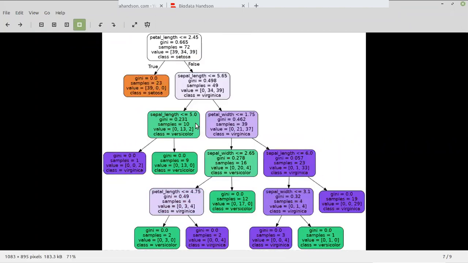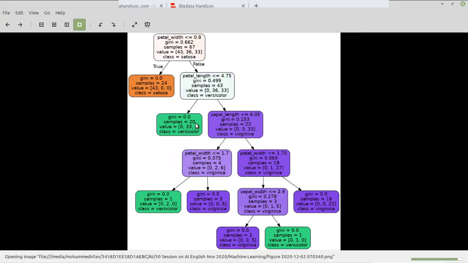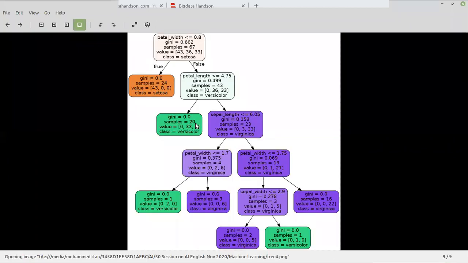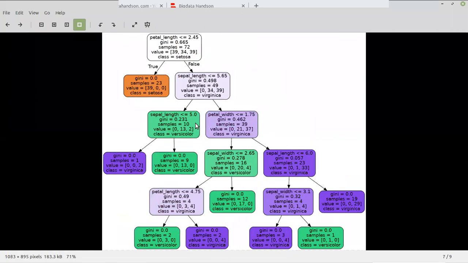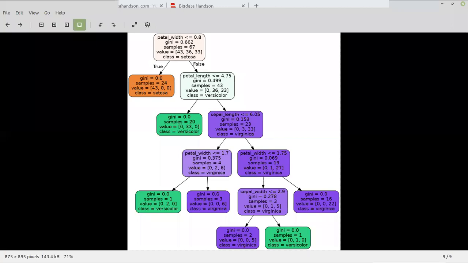So this is how it is actually constructed. Randomly it will select the samples, and then it will construct the decision tree, and based on these decision trees it will calculate the results, and then the final result will be by means of voting. Okay, so let me close this.